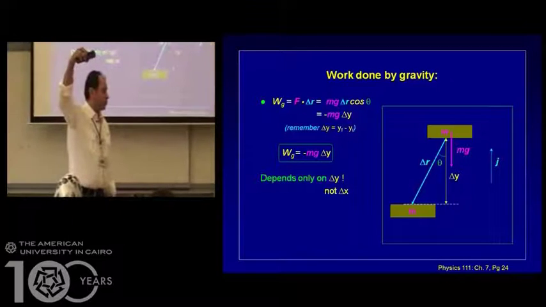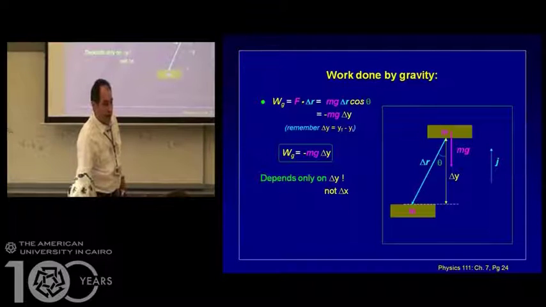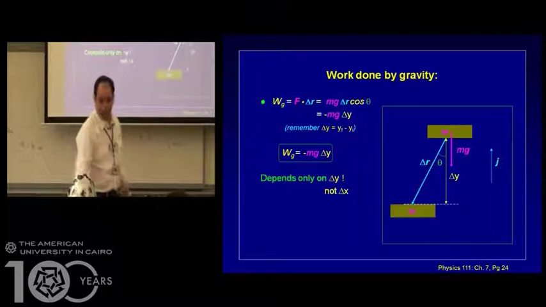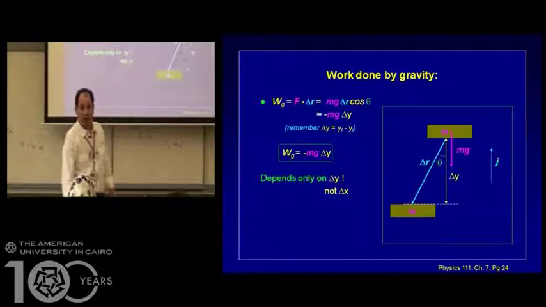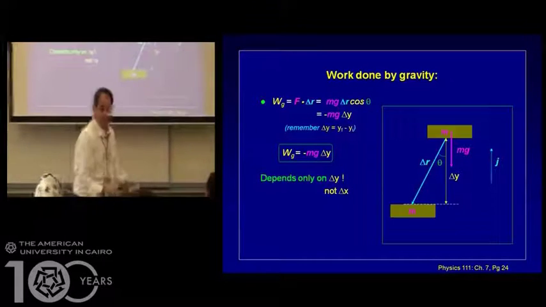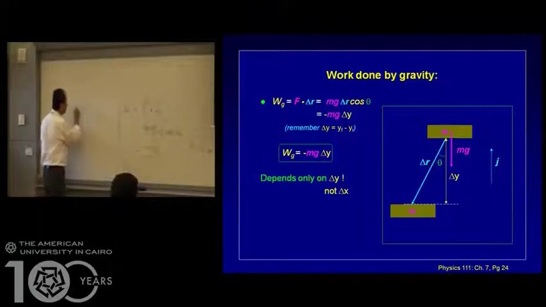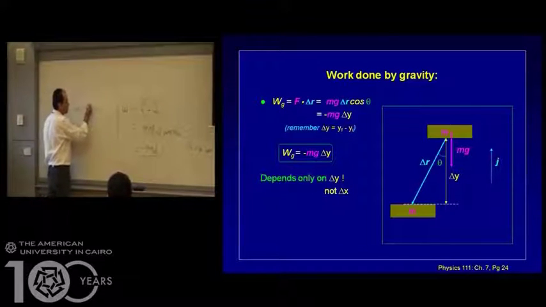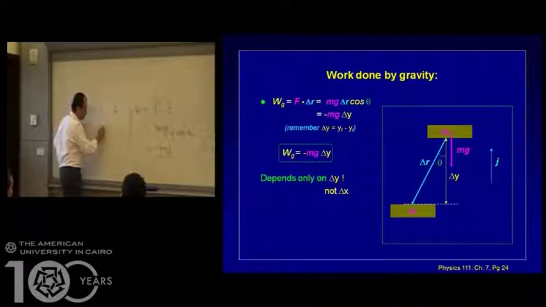Okay, now if I want to move the same object from that position back to the chair, so from here to here, which is the distance d, we need to calculate the work done by gravity to move it from that point back to the chair. So what to do? Once more, the work done equals the force dot displacement. What is the force in that case? mg